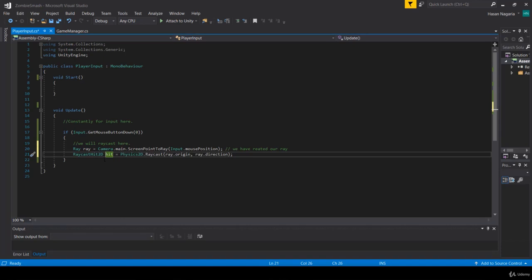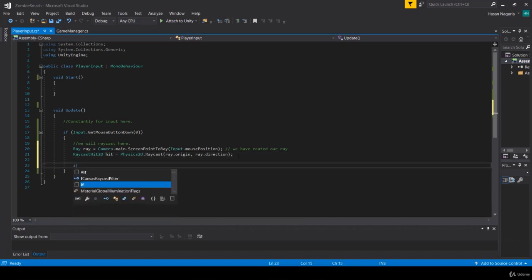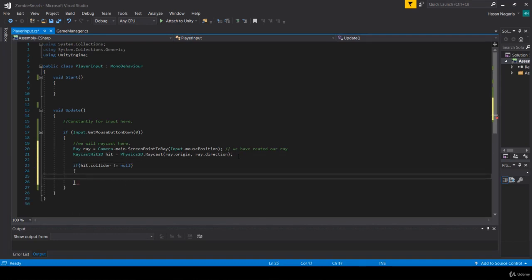And we can look into the hit variable and see, hey, what happened? The way we are going to do that is we can do something like if hit.collider is not equal to null, okay? When we do hit.collider, we're checking the hit information from our raycast, and saying, hey, did it hit a collider? Did it collide into anything? If hit.collider is not equal to null, it means that it did hit something, then we can Debug.Log here,